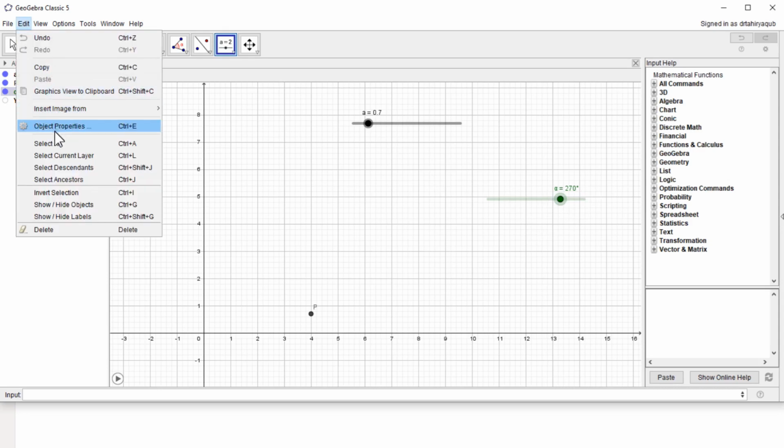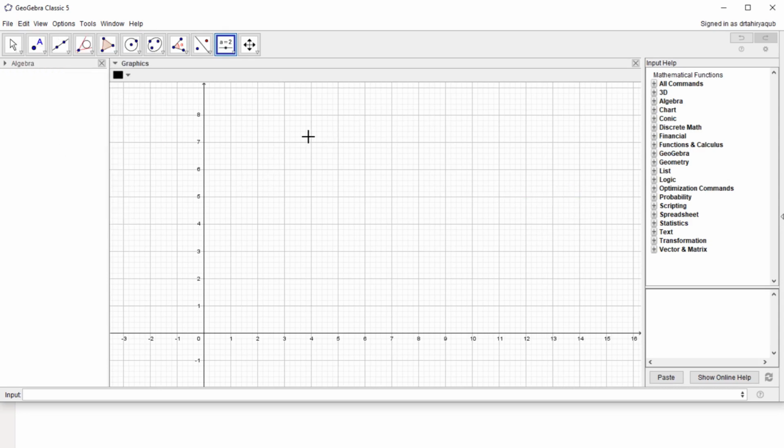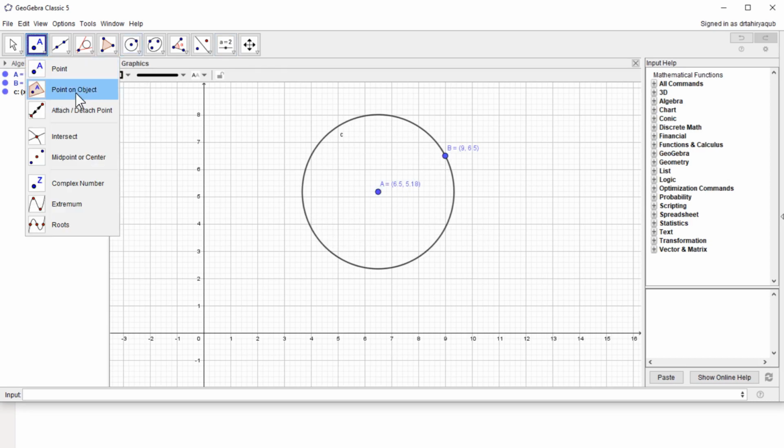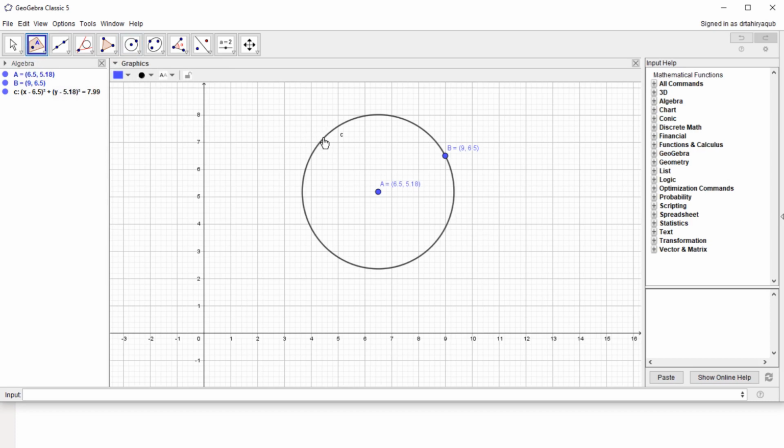Now let me delete all this again, and now one last example I would like to give you with geometric shapes. So let me draw a circle first. I click on the center and then I move my mouse outward. A circle is drawn, and now inside this point area, there is this point on the object. So I draw one point here on the circle, and now I have these 3 points, and I want to draw a triangle. So I click here and I click on the first point, then the center of the circle, and then the second point on the circle, and finally I close this.